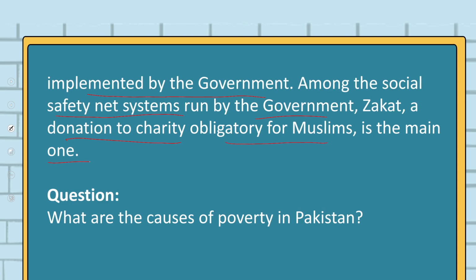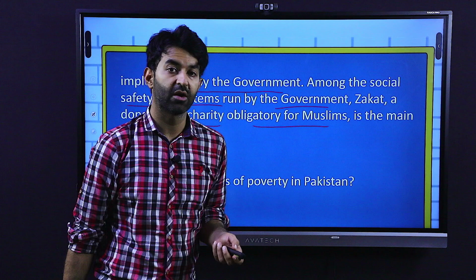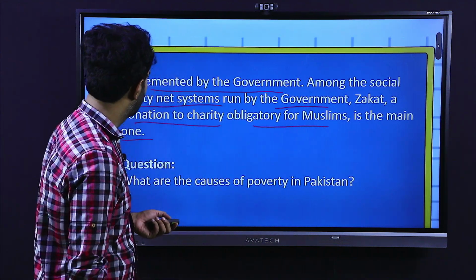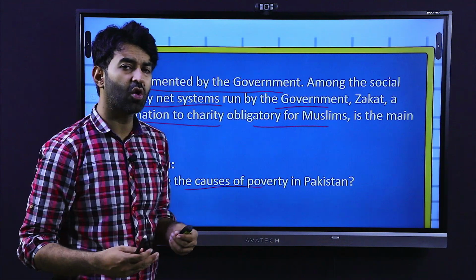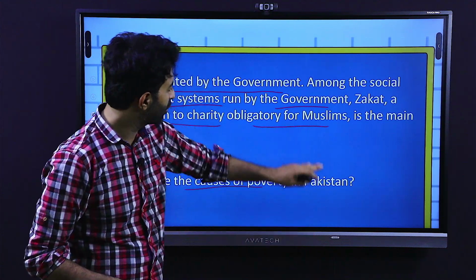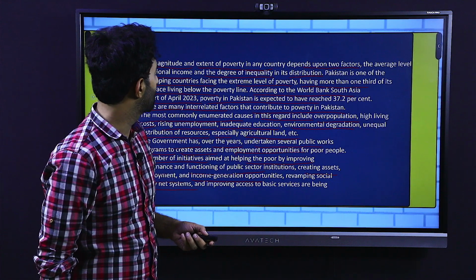Now that we have read this passage, this was about poverty. This was a problem that was facing Pakistan. Now, what are the causes of poverty in Pakistan? Now we are going to talk about the poverty. Here you can see this is the effect of that. Now, the causes are